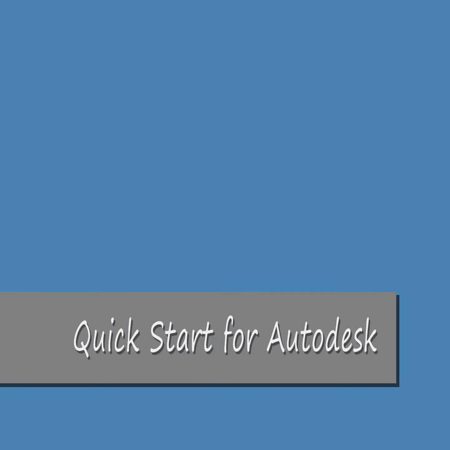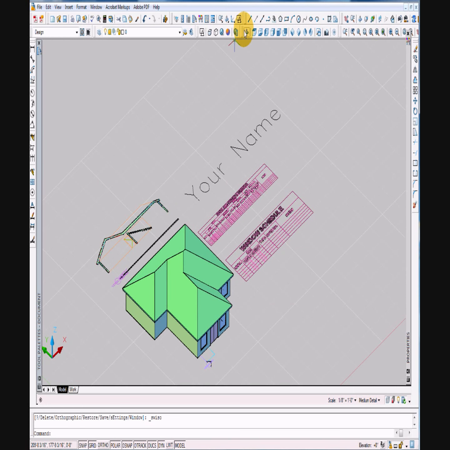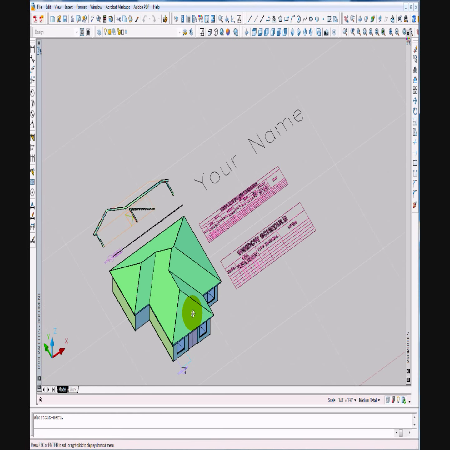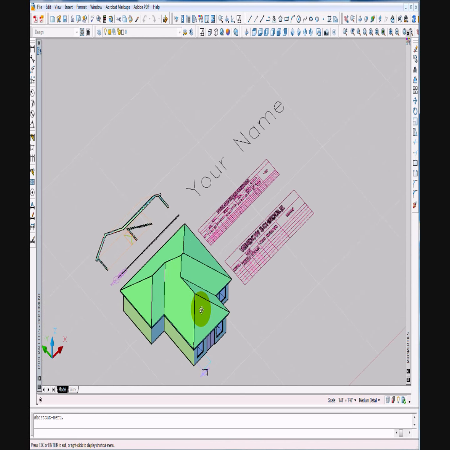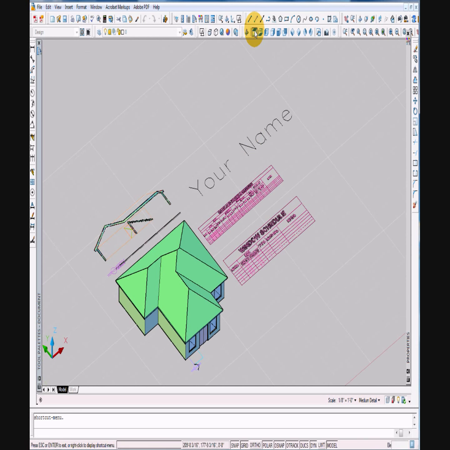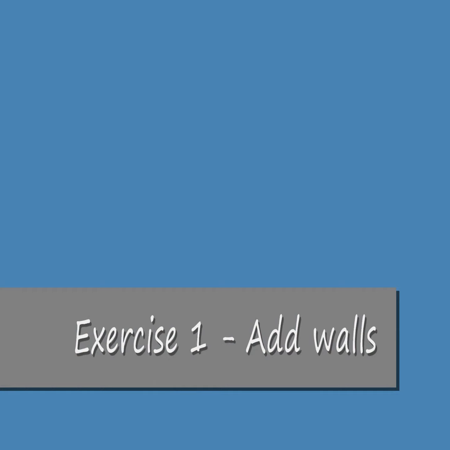Welcome to the introductory lesson where we will be using Autodesk Architectural Desktop with Design Academy Getting Started to create a house and a schedule similar to the animation that you're seeing. For the first exercise, what we are going to do is open up our ADT Getting Started